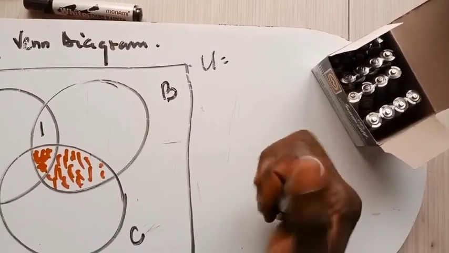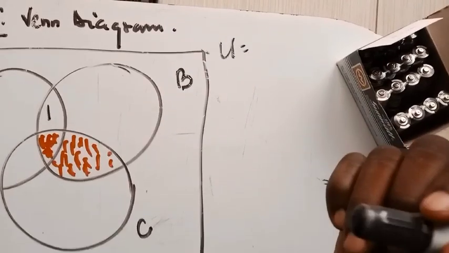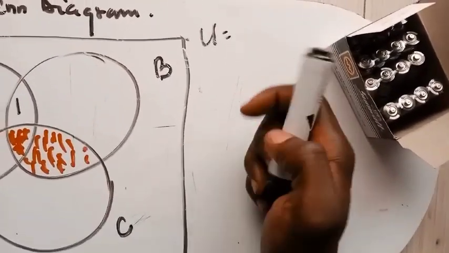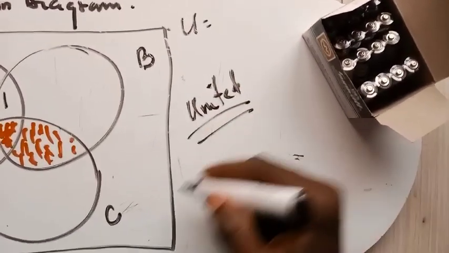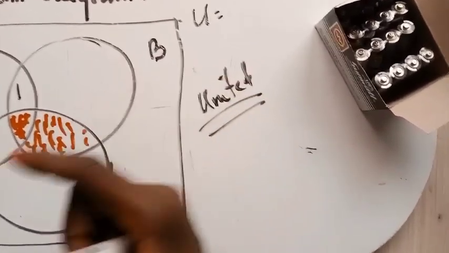So let's go down to this symbol here. This is what you normally know to be the union. The union means everybody should come together. Let all of us be united. That is the key to success. Once you are united, you can easily achieve anything. Mathematically,